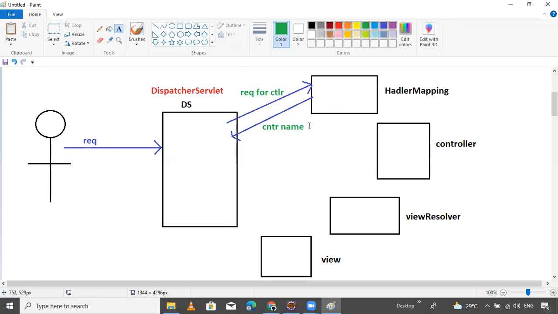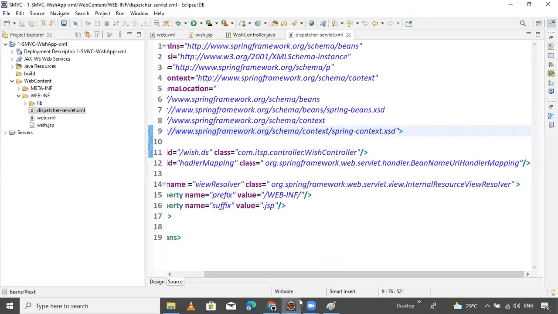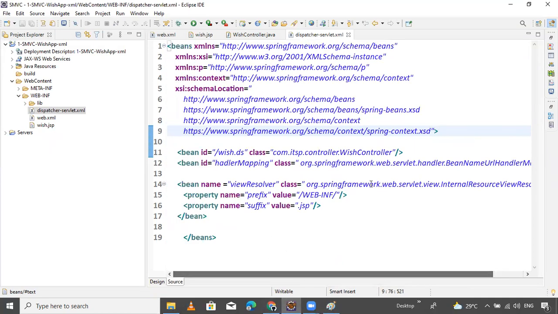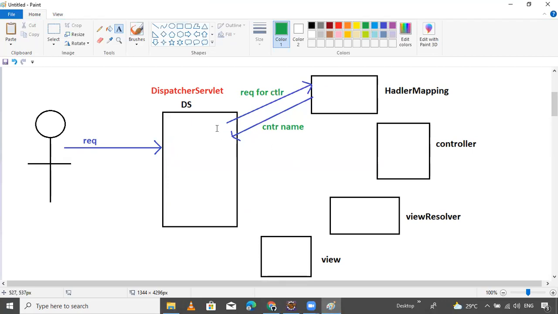So now our handler mapping part is over here. Observe, guys, here our controller part, the handler mapping part, is over. Now second, the dispatcher servlet stores the controller class name and controller location.